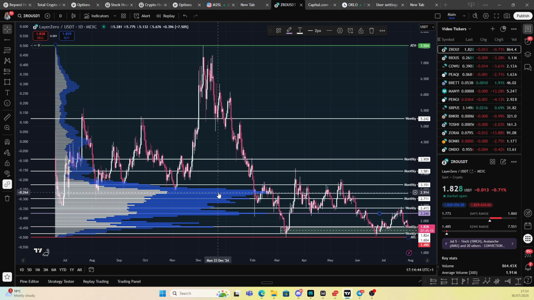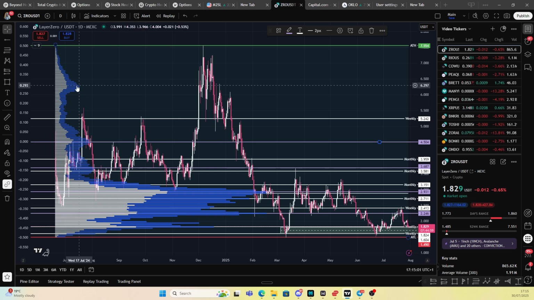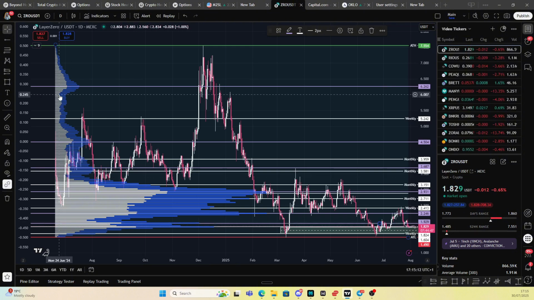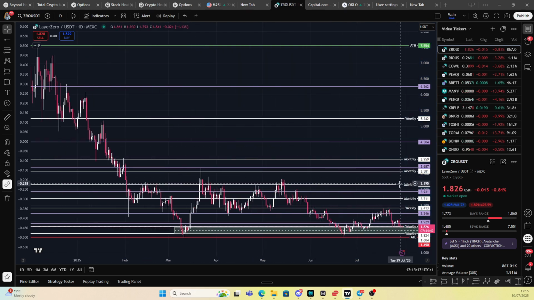We've got one here. There's a little bit of a volume spike there. You can see that's an interesting point. And then right at the top here we can see there's an interesting point there. Further down you could potentially have that as a spot. So if we get rid of this, we can see from a chart perspective,